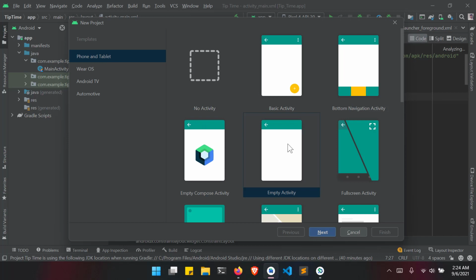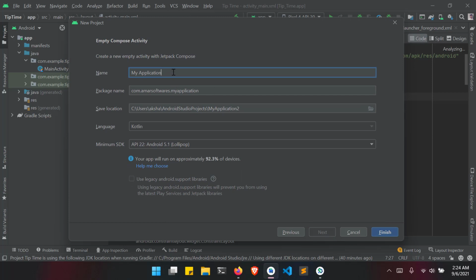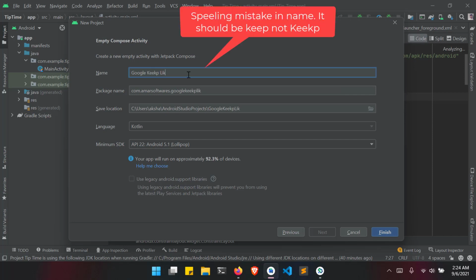By default the empty activity will be selected. We just need to select the empty compose activity and click next. The default name will be My Application, but we can give any name we want. So here we will give a name like Google Keep